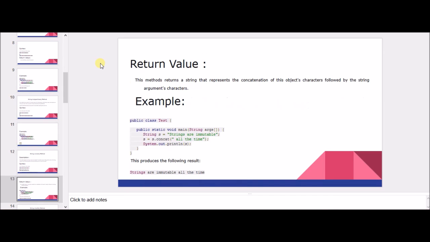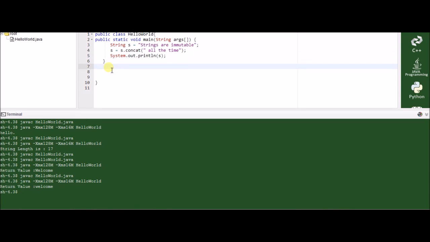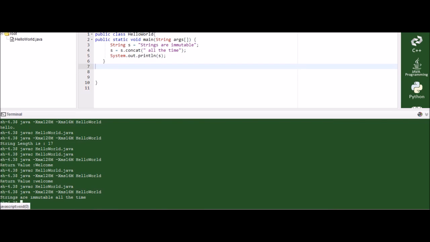So let's see an example. Let us execute this program. Here the two strings are concatenated.